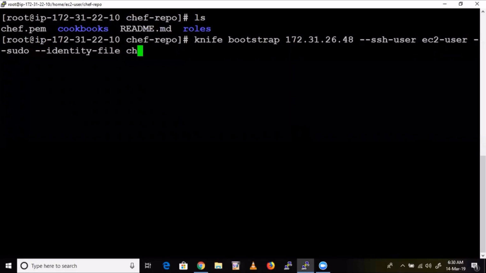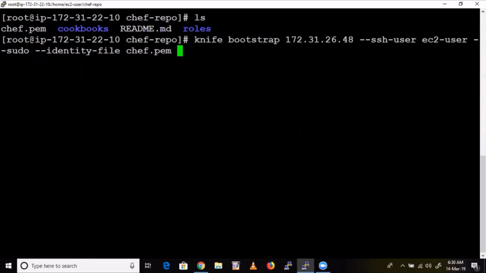The PEM file, chef.pem, and then -N, guys. Now give any node name. What value? node1, right? So this is the bootstrap command, right? It's only a one-time effort. So let's enter.